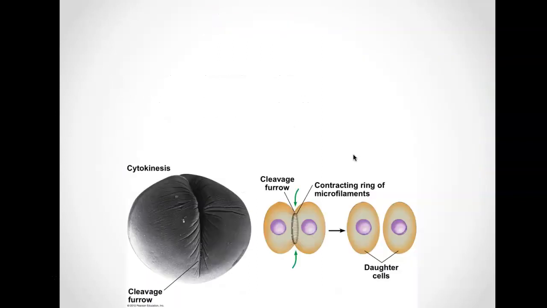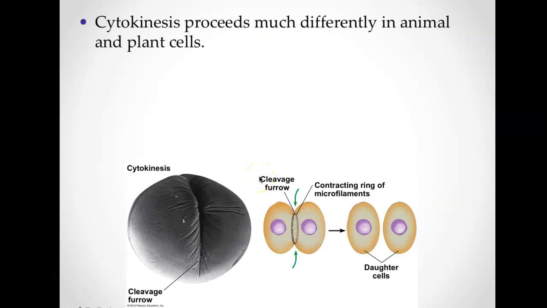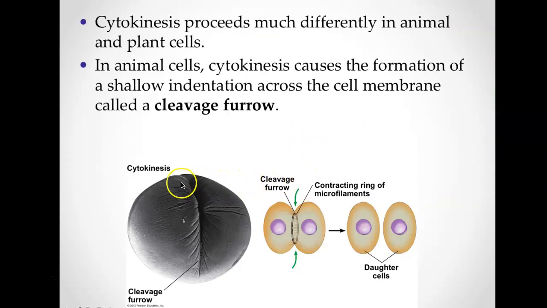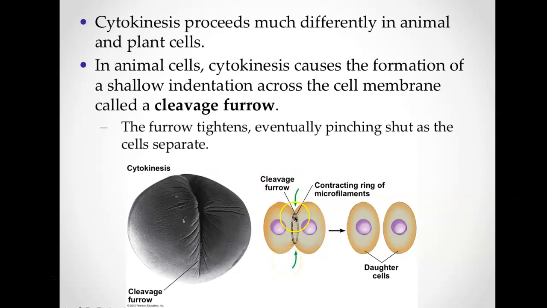All right. And then this is going to be the specific way that cytokinesis divides an animal cell. So with cytokinesis in an animal cell, you have microfilaments that are going to wrap around the membrane and literally pinch it apart. So now it's two cells. And so the microfilaments wrapped around right here, that's called a cleavage furrow, and then it gets pinched apart.